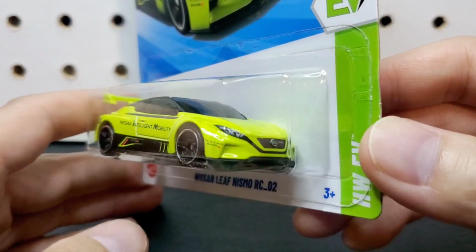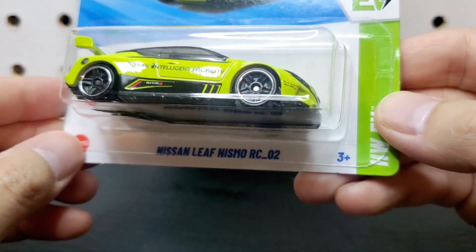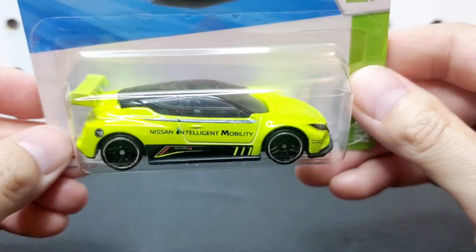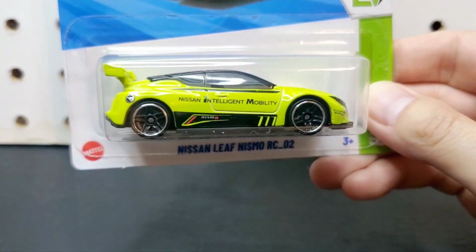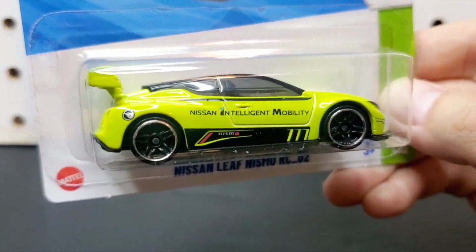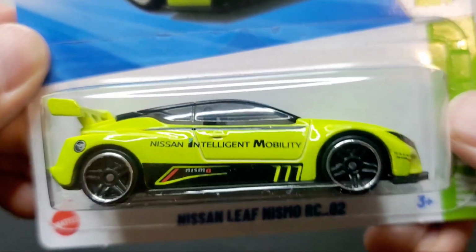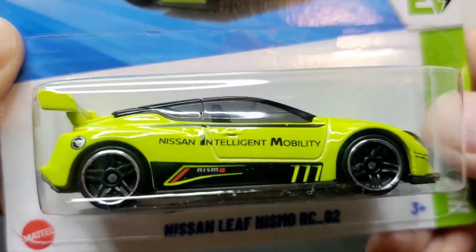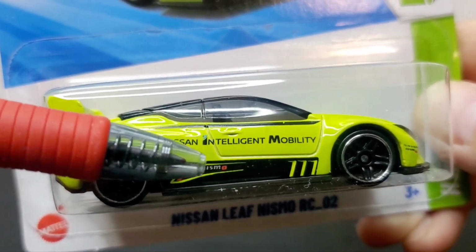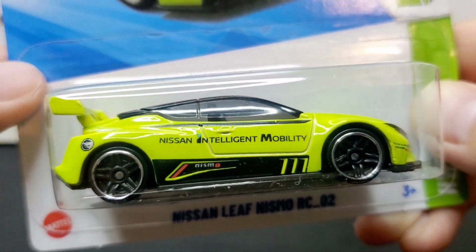Well, I mean, there probably is a real version of this Nismo RC02. So they must use it in racing. I didn't follow very much of it in real life, but I believe this is probably a real vehicle. There's not much graphics on there. You can see it says Nissan Intelligent Mobility, and then it has the Nismo branding on the side of the